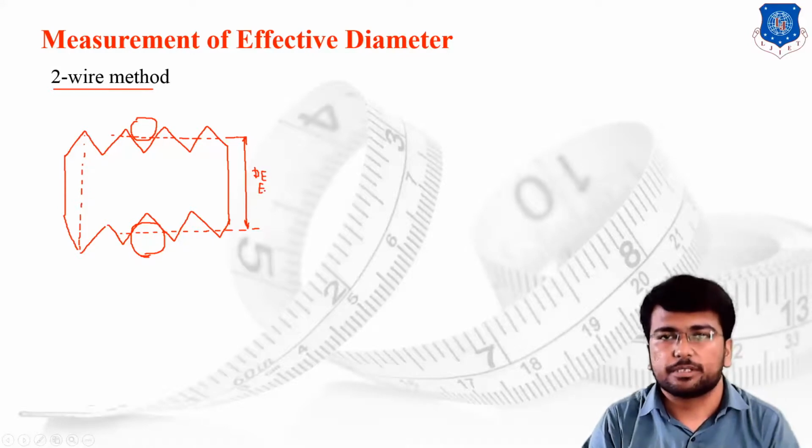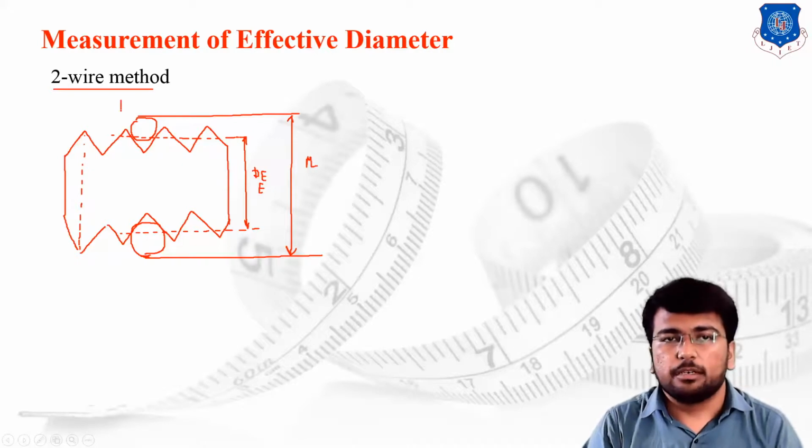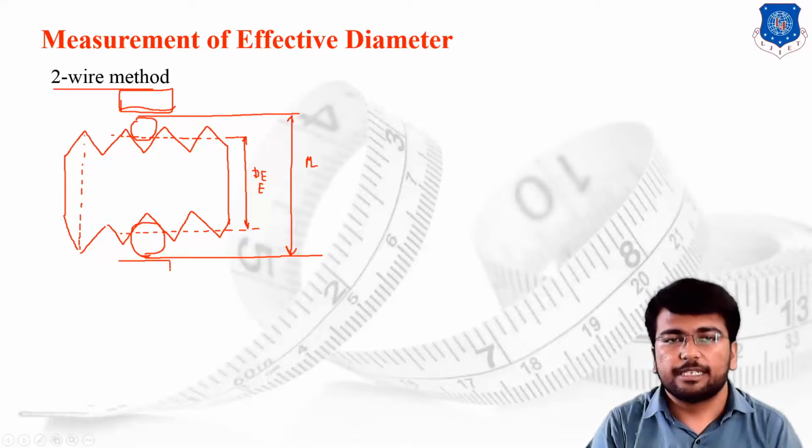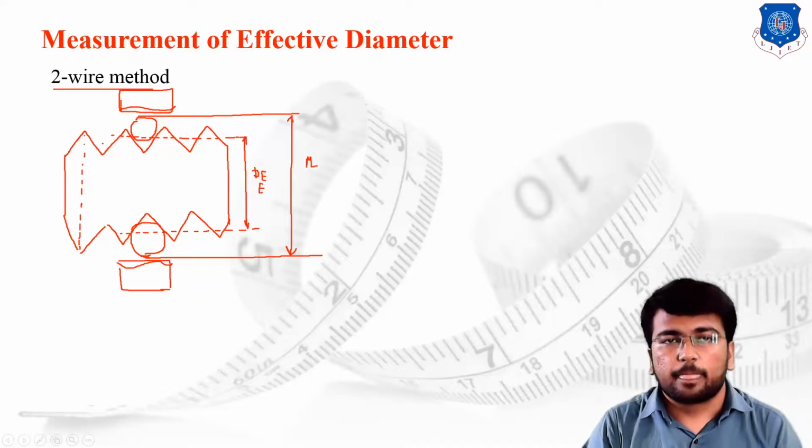There are many notations. What we have to do is measure this particular dimension. How can I measure this particular dimension? Let's say this is the measured dimension. By using the micrometer anvil setup, suppose I have placed a micrometer anvil over here, and on the opposite side I have placed a micrometer anvil over here. Then by using the micrometer anvil, I can measure the dimension over the wires. I can measure this particular dimension as well. Suppose this is making proper physical contact.